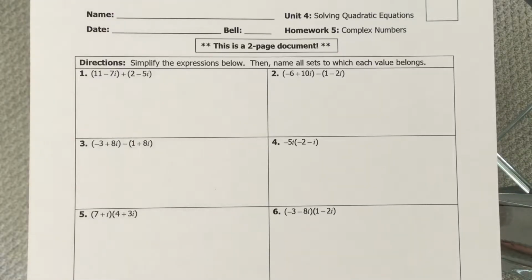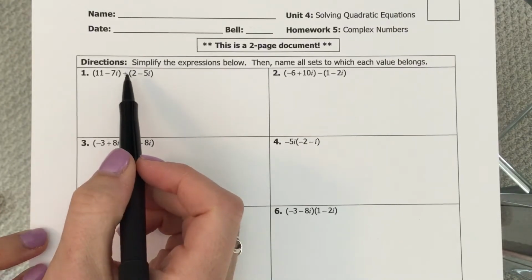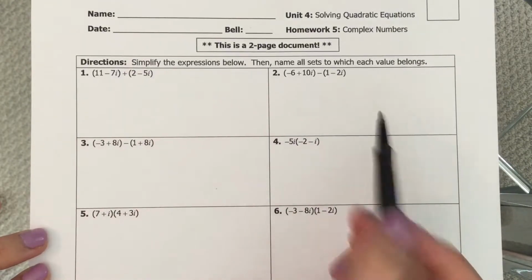All right, homework 5, complex numbers. So we have the 4 main operations: addition, subtraction, multiplication, and division. So I'm going to make sure you guys see how all of those work. So this is the first one right here, and it's an example of addition, which subtraction works almost the exact